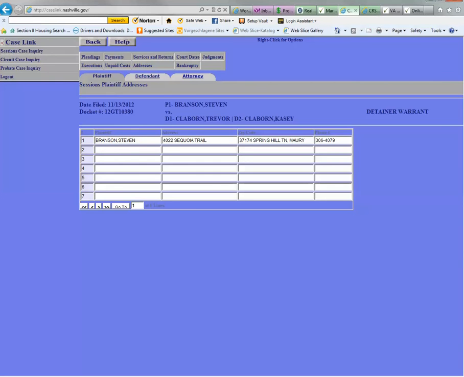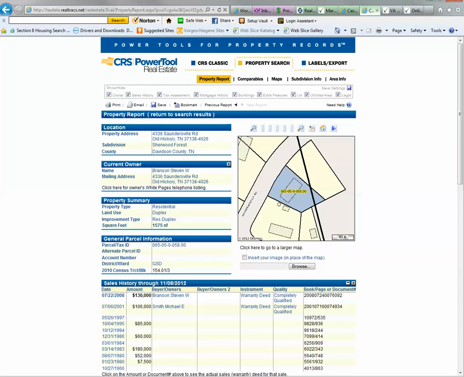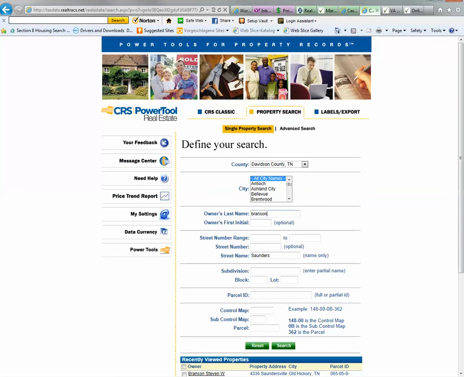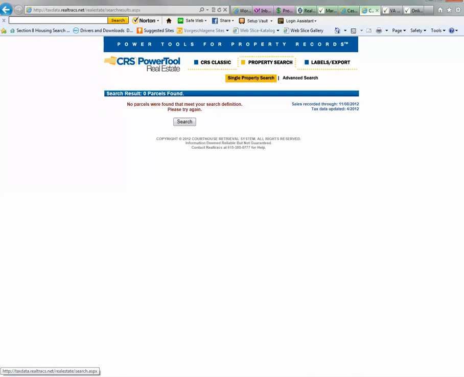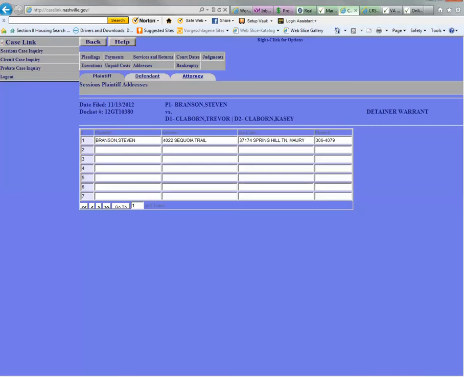But for this example, let's say that even with the name that you put in, you still weren't able to find it. So let's say the last name just didn't work. You used Branson, it was spelled correctly, but it still didn't come up. Well, here's another way to take care of that. What you would do is go up to pleadings, the same way that you would use to find the phone number, the area code,